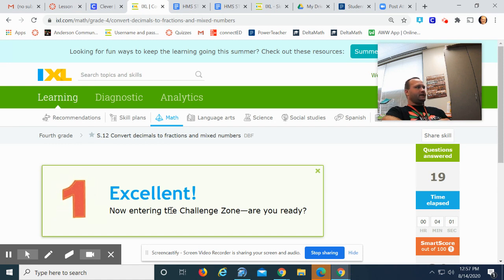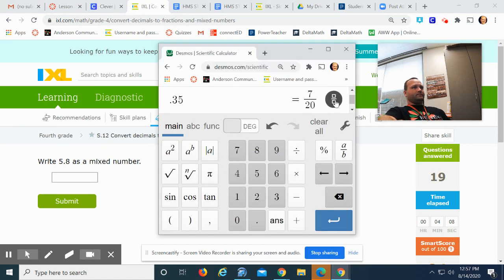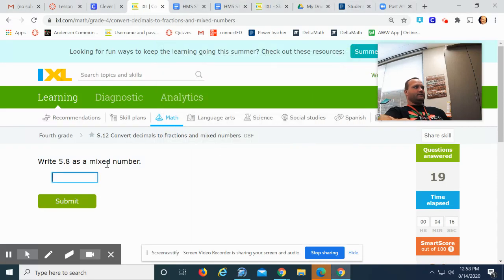I'm in the 90s now. So this is one that's a little bit tricky. You can write it as 5.8, but notice how it comes out to be this here. We don't want that. Instead, what we want to do is we want to put 5, and then when we use our Desmos calculator,